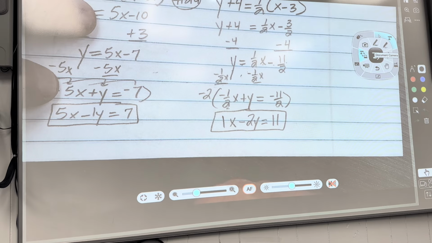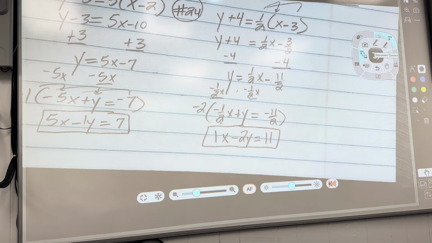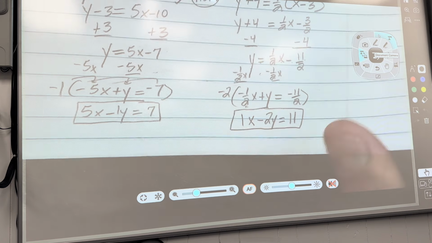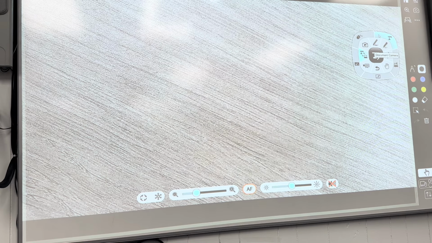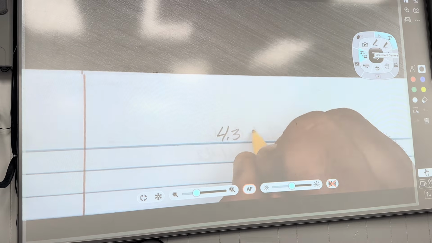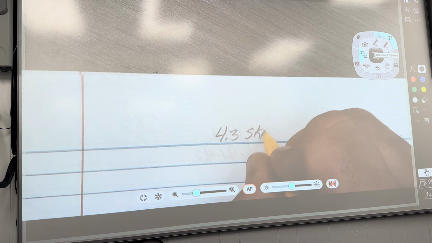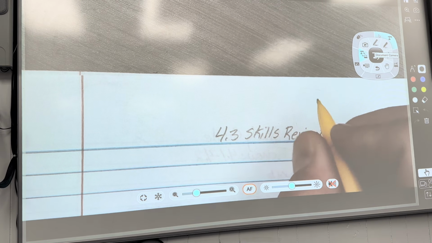Any questions? So the first 4 to 5 problems on your test tomorrow will be a straight review from lesson 4.1 and 4.2. Okay? Moving now to 4.3, what we spent the last 2 days on. 4.3, skills review. You have the handout in your hand. We'll go over a couple of problems, 3 of